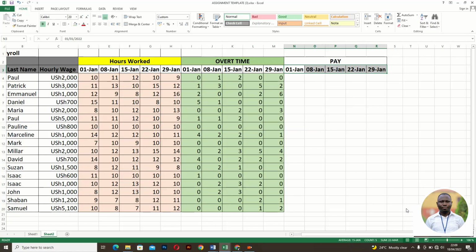I keep on cutting because I don't want to make the tutorial very long. I just want 10 minutes or less. And at this juncture, what we are looking at is